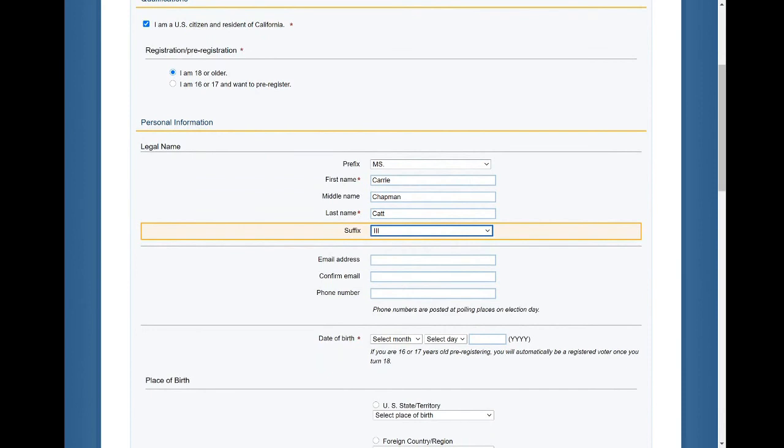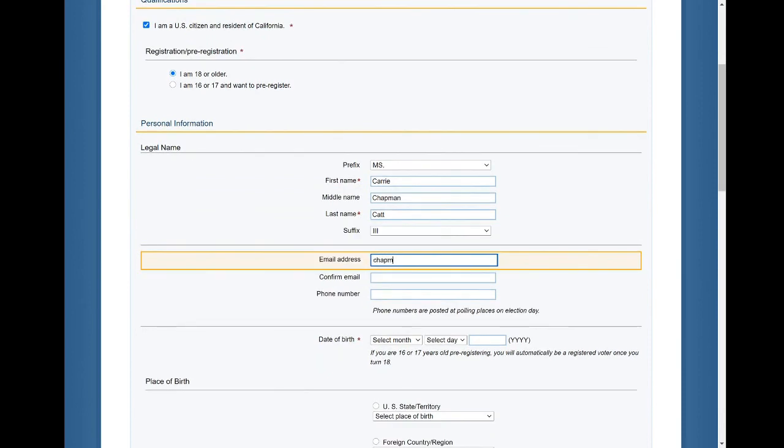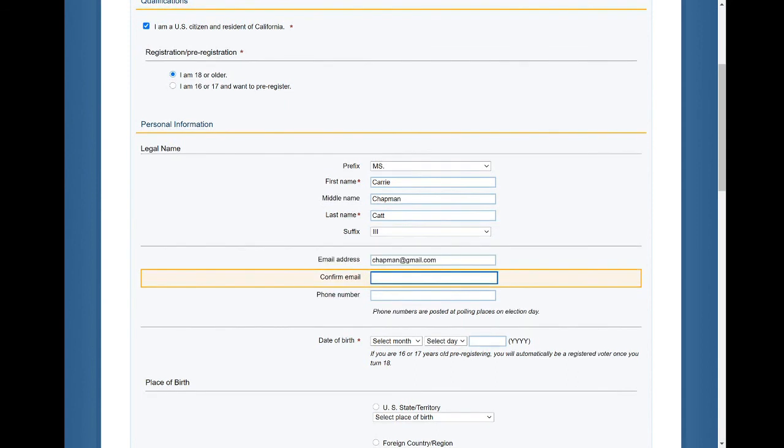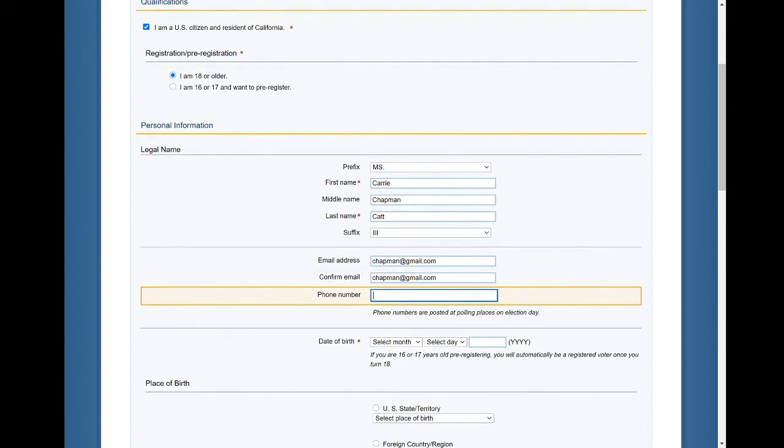Next, you may enter your email address. This would be used by your local elections officials to contact you if there are any issues with your registration. Retype your email address to confirm if you've chosen to provide one. Enter your phone number if you choose. Your phone number will be used by your local election official to contact you if there is an issue with